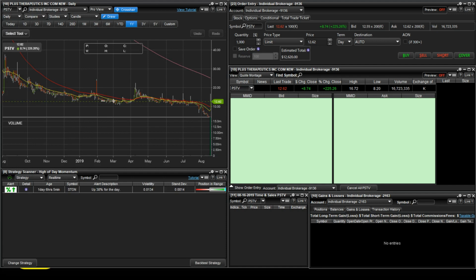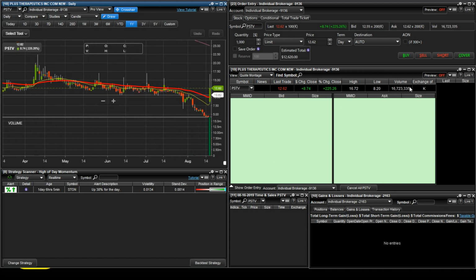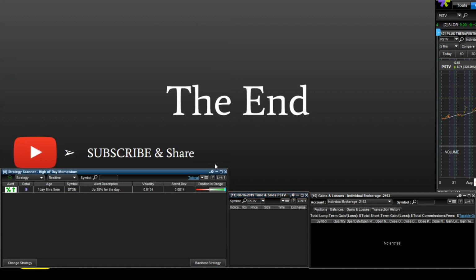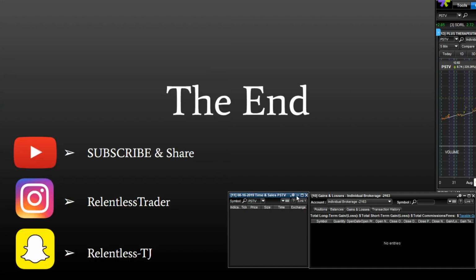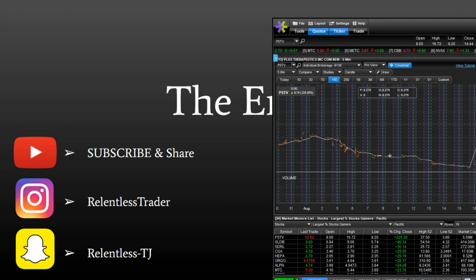So let me pull over the main screen over here. Okay, I'm going to have to minimize this. This is what I mean by components. For example, this right here is simply just this chart. This will be the level 2, but the markets are closed, so the prices aren't going through. And a quick description of the level 2, I mentioned it a few times already. Level 2 simply shows you where people are trying to buy the stock and where people are trying to sell the stock, and where the orders are going through. We'll get into that in future videos. But there's nothing to be intimidated by.